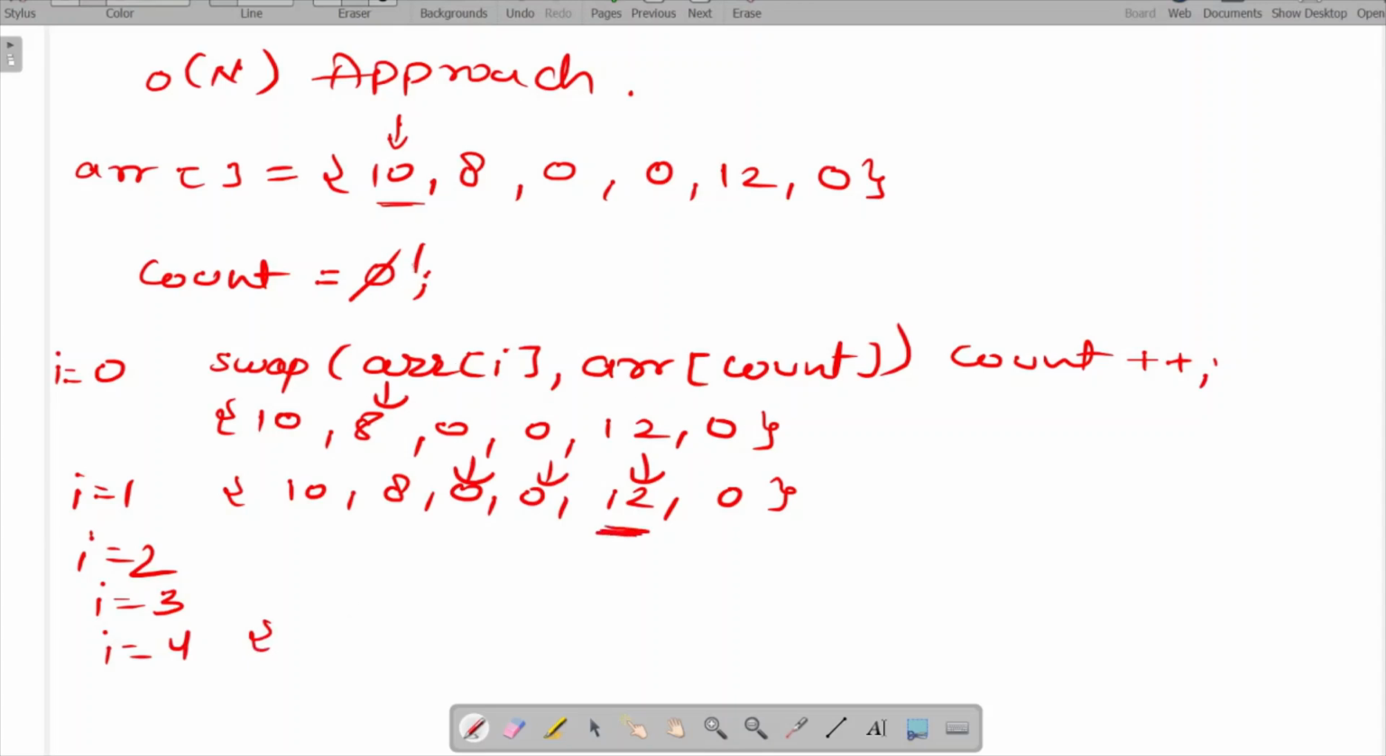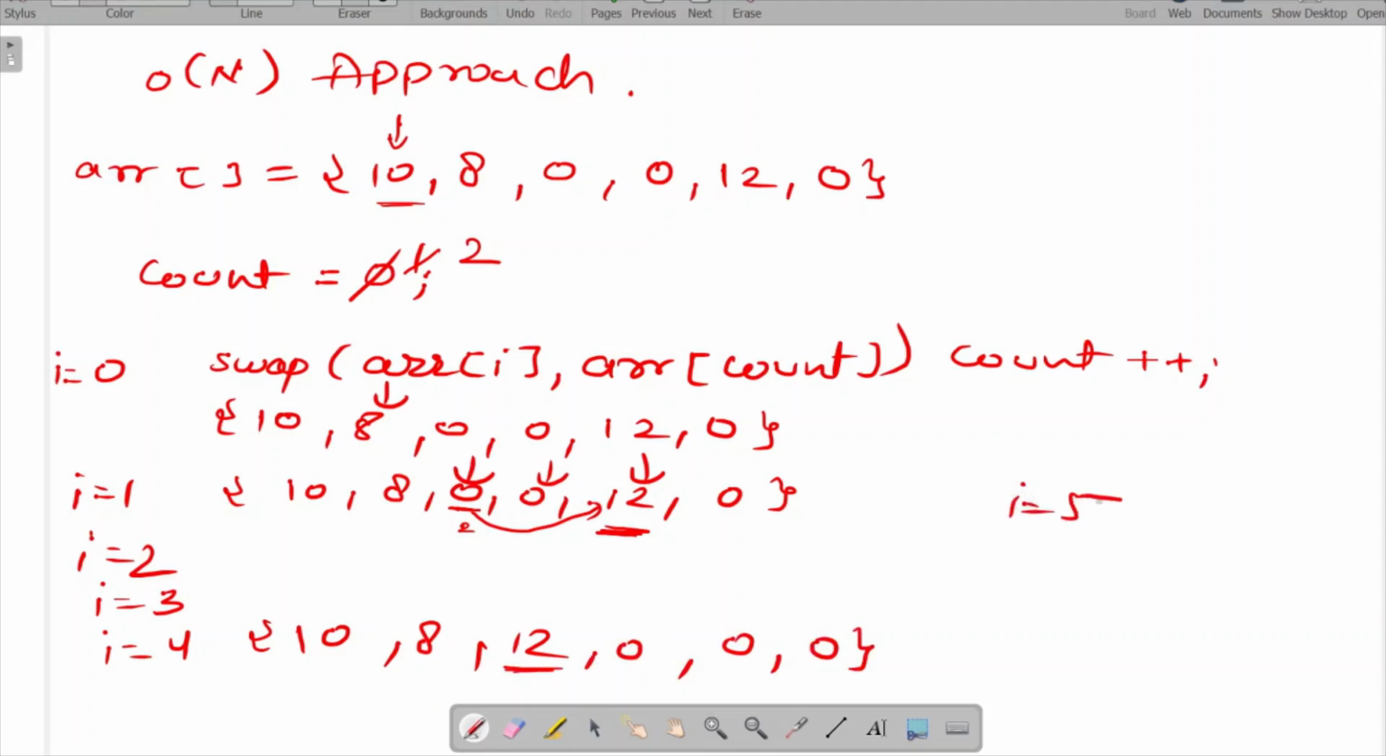So array of count is at the first position. When we have done the last iteration, we have increased the value as 2. So this value we will swap both of them. So the array will look something like this. So when we have swapped, 12 will come here. Simply when we will move ahead with I equals to 5,